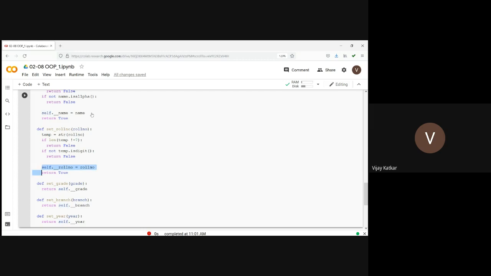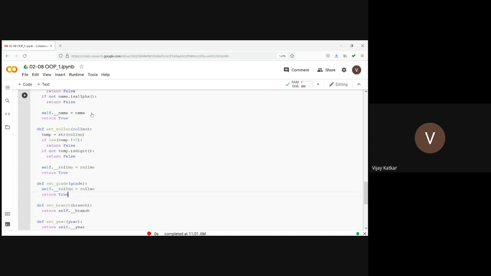Okay, now let's say, just to save on time, there's one condition only. I can take this time to write it. It is not much time. Grade: first of all, I must check whether it is numeric or not, because grade can be a floating point number. So first I'll convert this grade into string, and let's call it temp. Temp is equal to str of grade, because if a number is passed, I can convert and still work on it.